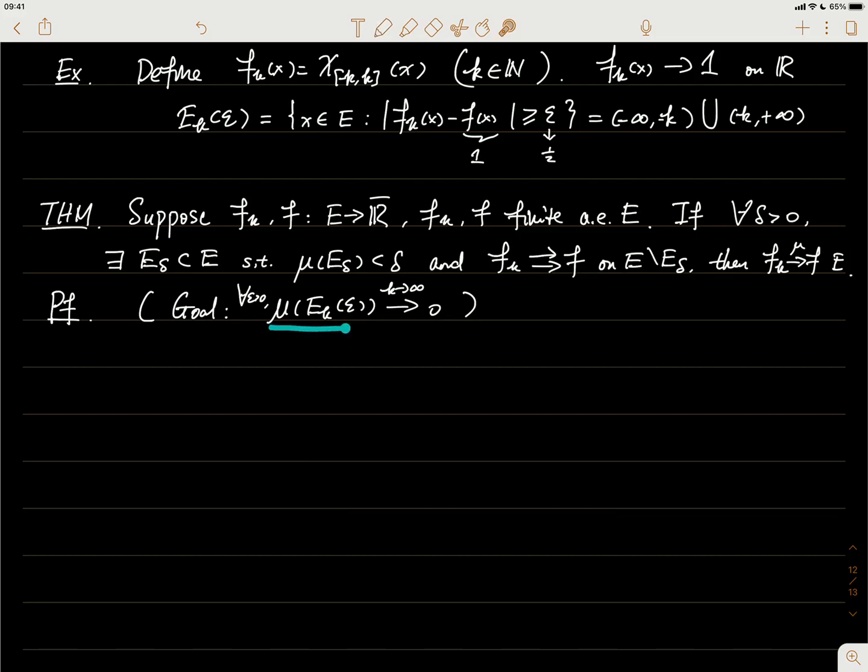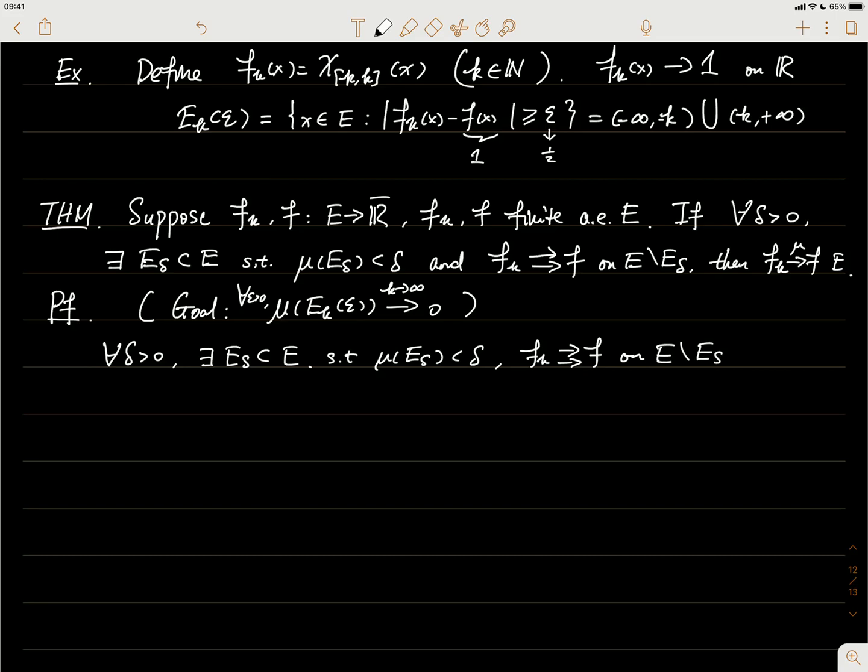This also means that we need to show, for any epsilon greater than 0 and for any delta greater than 0, there exists some capital K such that the measure here is less than delta for all the little k greater than or equal to the capital K. Right? That's also a coordinate definition for convergence in measure, and that's also what our goal is trying to show here. So now for any delta, because of the nearly uniform convergence, we know there exists E delta such that the measure of E delta is less than delta, and the Fk converge to F on